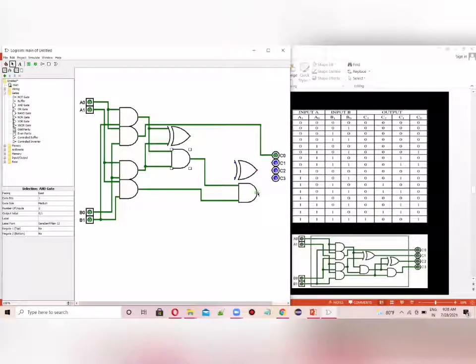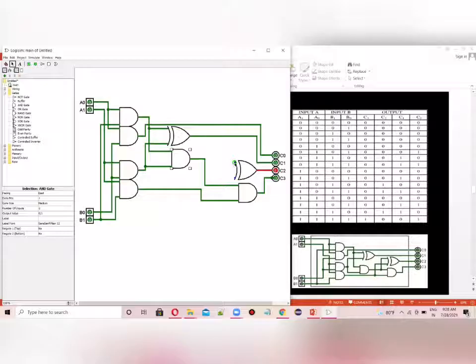And I'll connect finally this one with C3. Okay. Now this one with C2. Okay. Now this one with C1. Now it is okay.